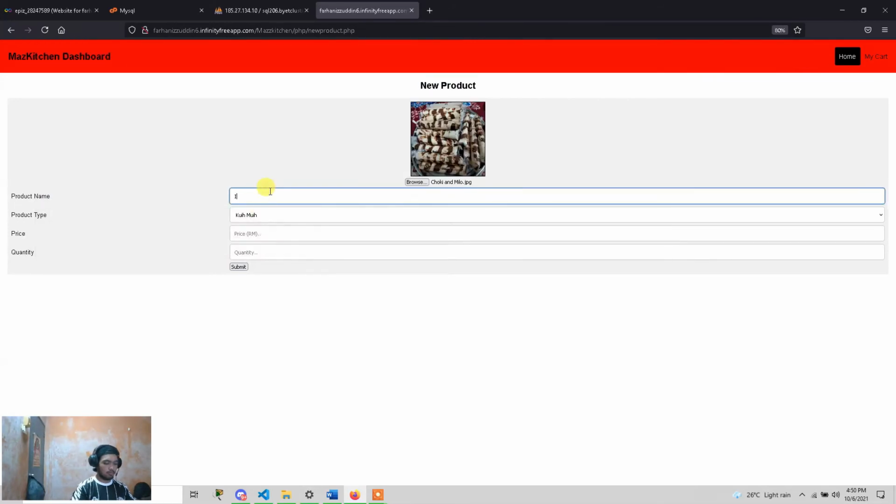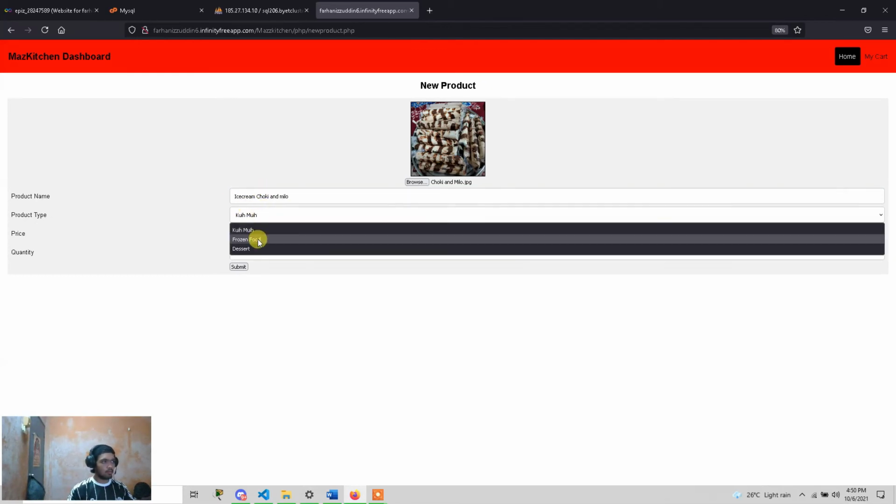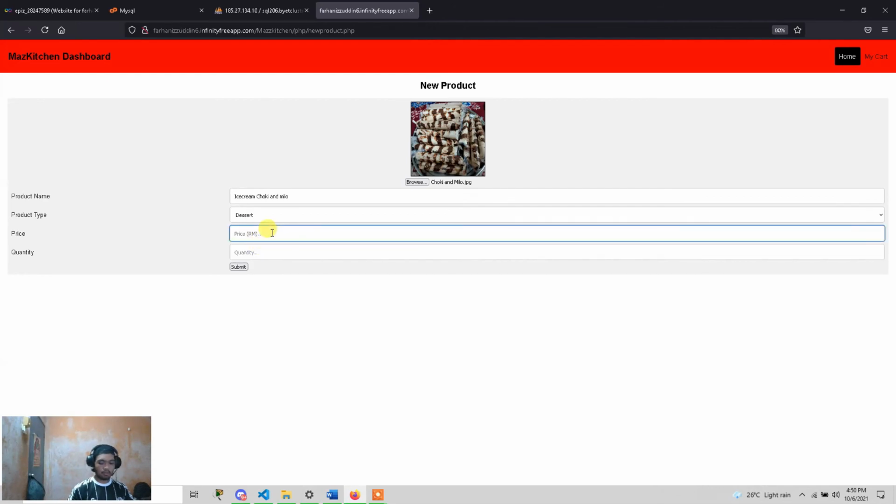The product type is dessert, the price is RM1, and the quantity is 20. Then press the submit button.